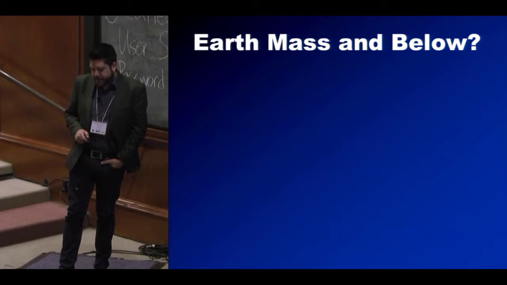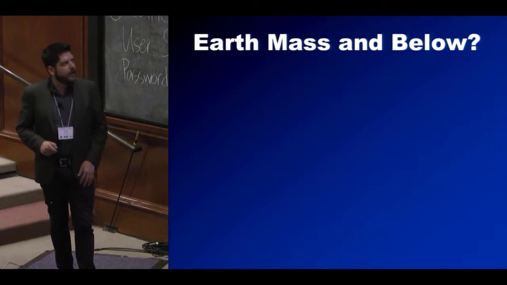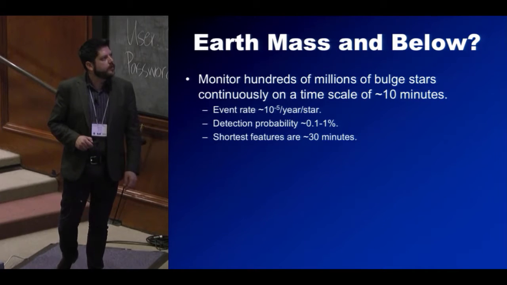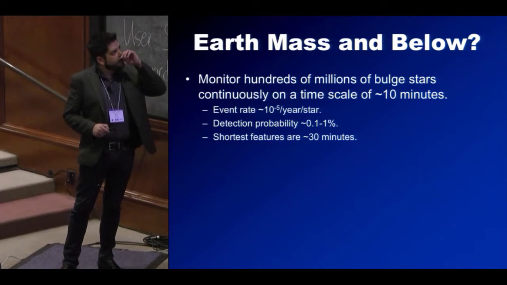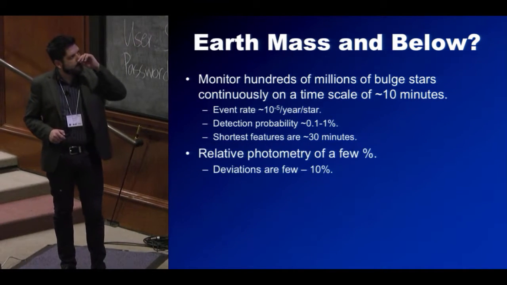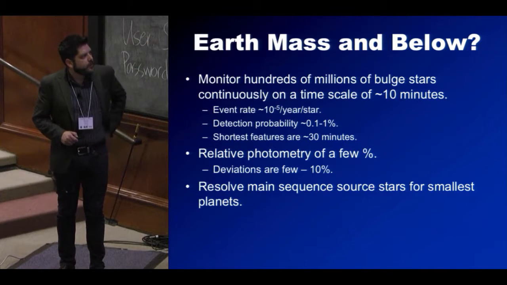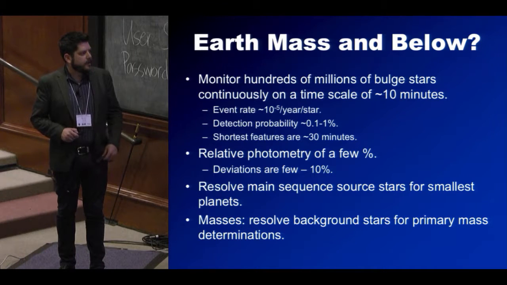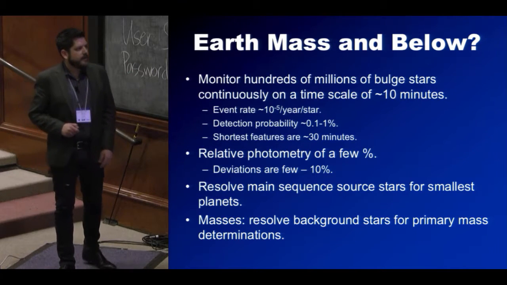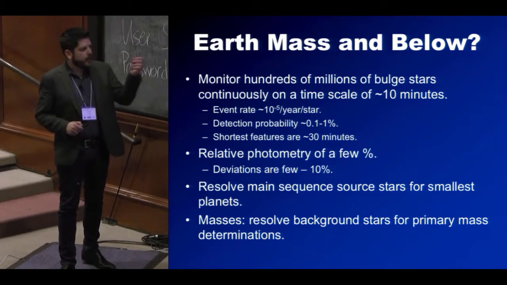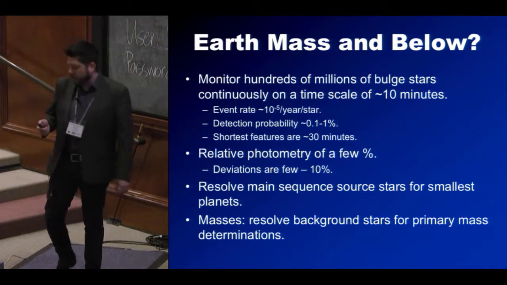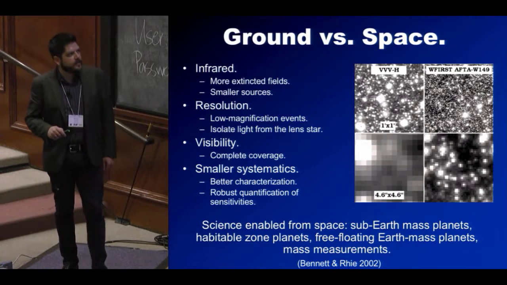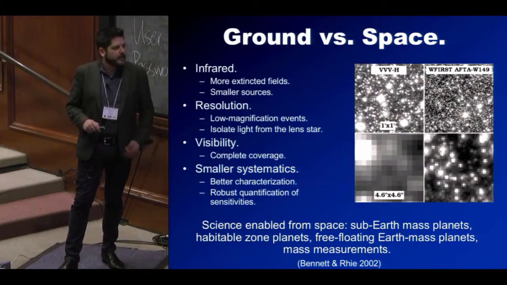If we really want to complete the census, we want to get down to Earth masses and below. In order to do that, these are the basic requirements. You have to monitor hundreds of millions of bulge stars continuously on a time scale of 10 minutes, with relative photometry of a few percent. You have to resolve main sequence stars, and then if you really want to measure masses, you have to resolve the background stars for primary mass measurements, which requires a resolution of roughly 0.1 arcseconds. So all of this leads you basically to space,